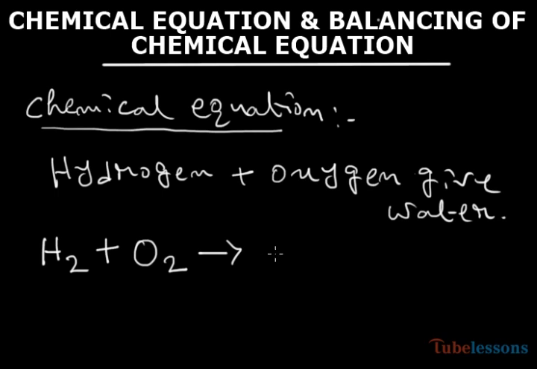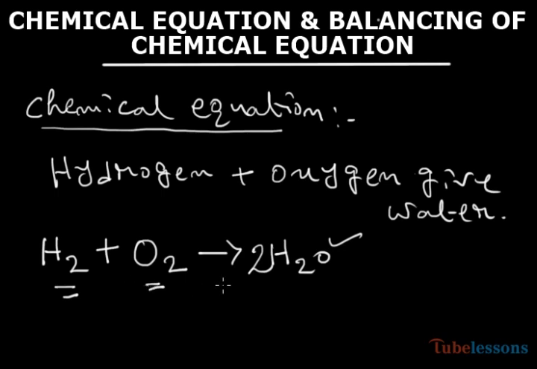Now, water is a compound and its formula is H2O. Therefore, when hydrogen and oxygen react, they form water. Now, we have to balance the equation. On the left hand side, the number of hydrogen atoms is 2, and on the right hand side it is also 2. But on the left hand side the number of oxygen atoms is 2, but on the right hand side the number of oxygen atoms is 1. So we have to multiply water by 2,